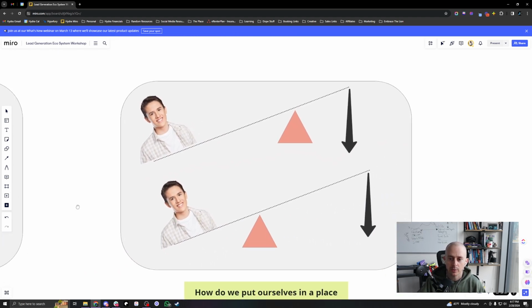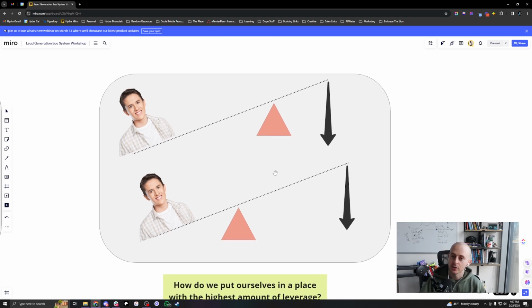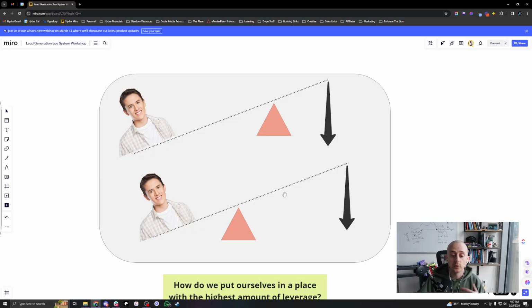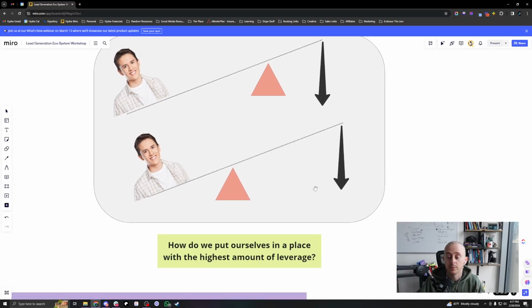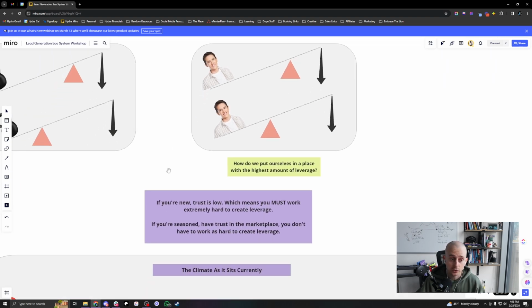And so if you imagine our prospects, and we have prospect number one over here, right? If we don't have a lot of leverage, then we're not going to pull that prospect into a sale or even into a booked call. And that's the whole point of lead generation, is that we need to be able to create leverage in order to pull a prospect into a sale or into a booked call. Now, how do we place ourselves in a position to create the highest amount of leverage? Well, it's trust. Okay. Trust is how we create leverage in a sales conversation. Trust is how we create leverage in lead generation as well. Okay. So they both apply whether you're talking about sales or lead gen.